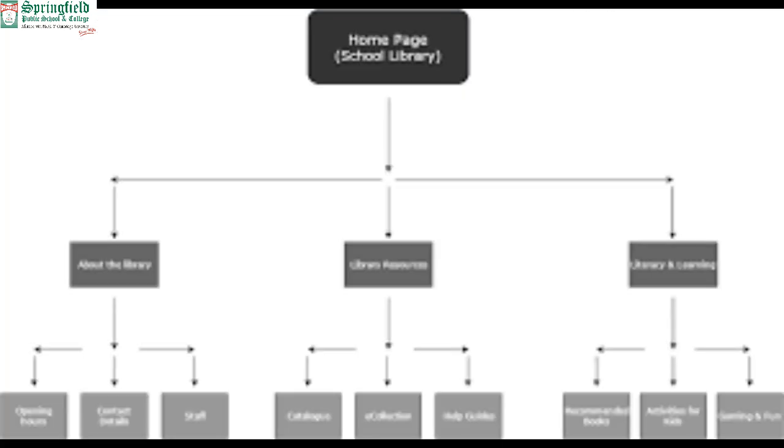The structure for a school website may look like this: ABCD school, about the school, news and events, admission, homework, assignment and result. That is the main section. Subsection means result of class A, class B, 1 2 3 4, A levels, O levels. Homework, assignment: class 1, class 2, class 3. Admission: student admission details, etc. In this way a website contains the home page, main section and subsection.